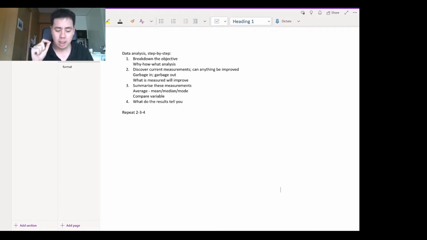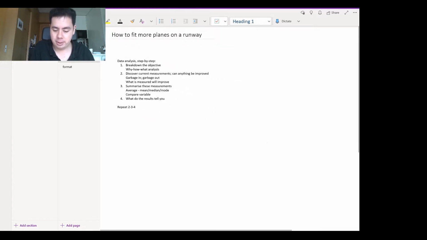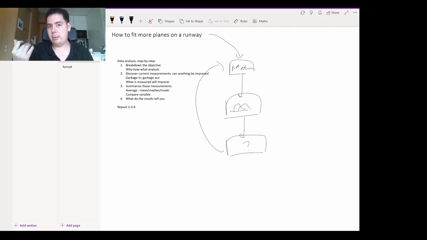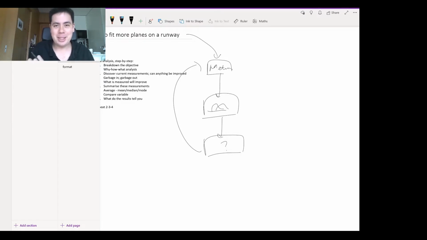So I'm going to run through that as a visual example. As you can see, the first step is to take your objective, which we have here, to discover what metrics or measurements can be used, to summarize these with a mean, median, mode, and to maybe even compare them. And then what do the results tell you? And then to repeat this based on what the results tell you. So how to fit more planes on a runway, that's the metric that we're going to figure out